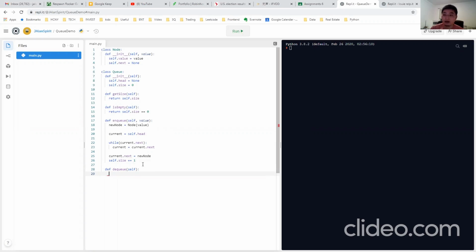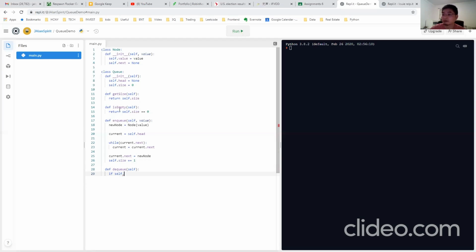Louis, how can we check if the queue is empty or not? Maybe you can use it like the stack, you have the is-empty function already.